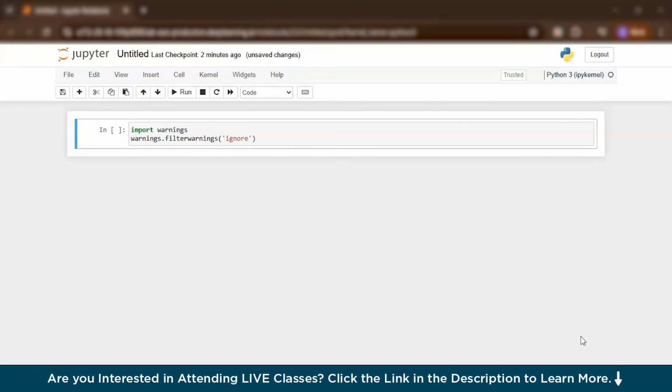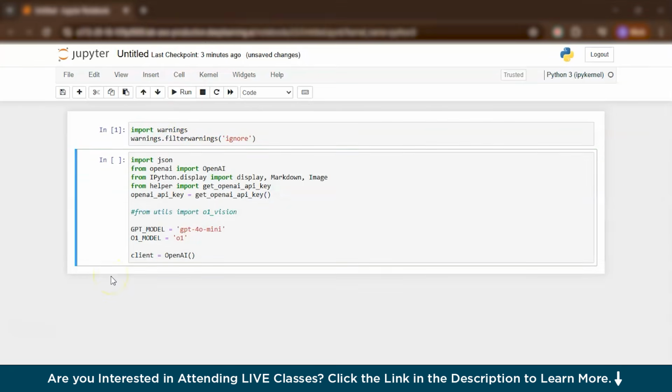We will start with importing warnings, which is a built-in module used to manage warning messages during code execution. The second line uses warnings.filterwarnings to suppress all the warnings. This means any non-critical alerts will be hidden from the output. This is commonly done to keep the output clean, especially in notebooks or scripts where you don't want warning messages to clutter your results. So we'll run this. Then here, the first line imports the JSON module